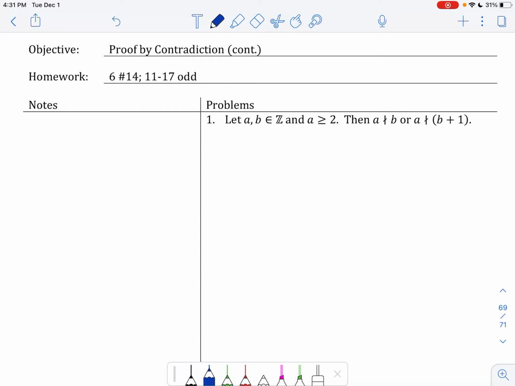Hey there, so we're going to keep looking at Chapter 6, talking about proofs by contradiction. And we've got another problem set here, and I will do another one as an example. So here we're looking at a problem involving divisibility, so get yourself ready for notes, and we're going to get